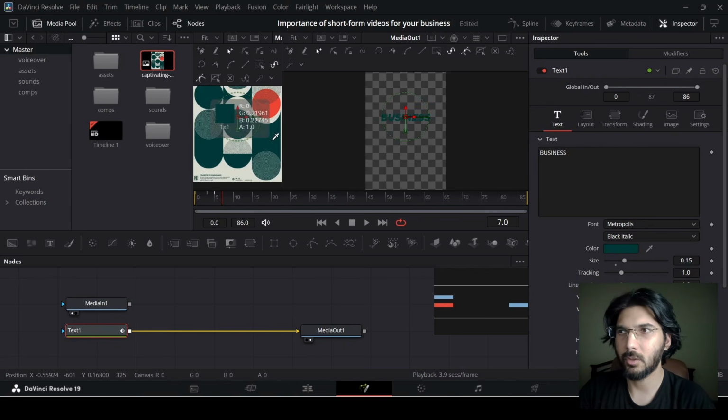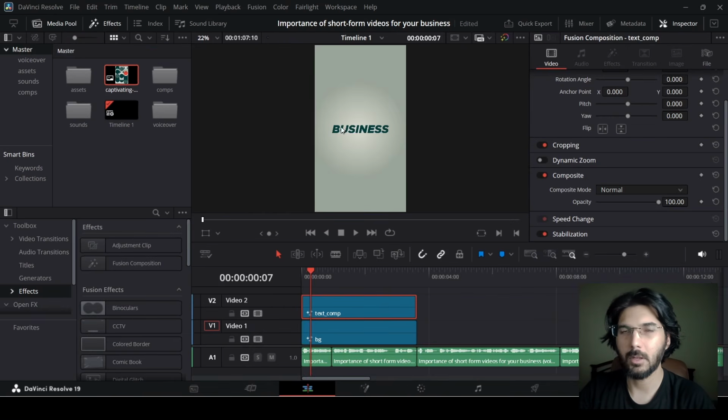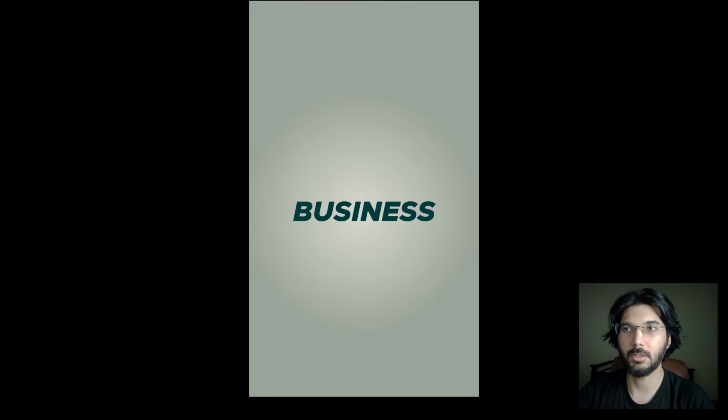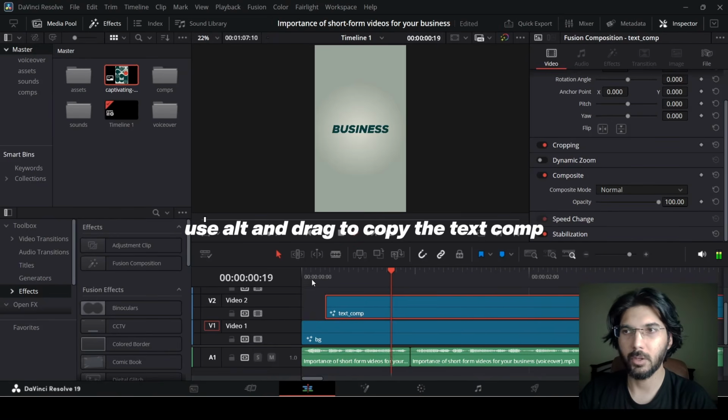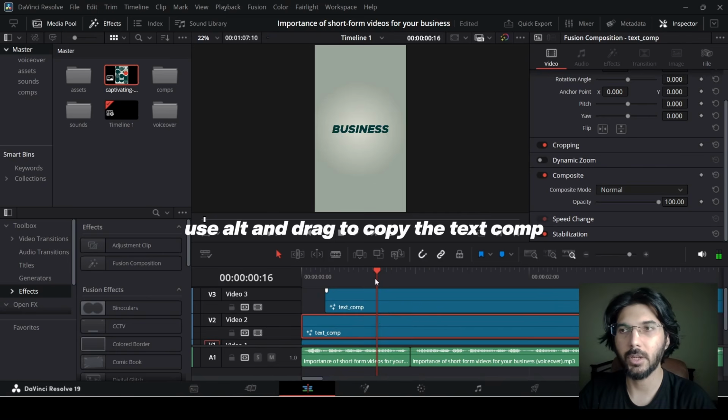You can use this dropper to change the text color. So you can see now it looks good. As you can see, this looks good now. So now what I'm going to do is I'm going to just position the text according to what is being